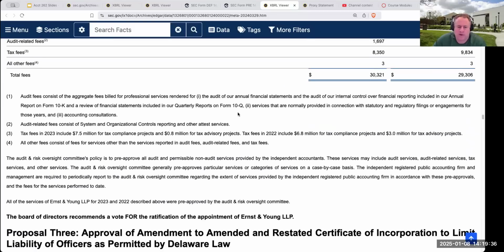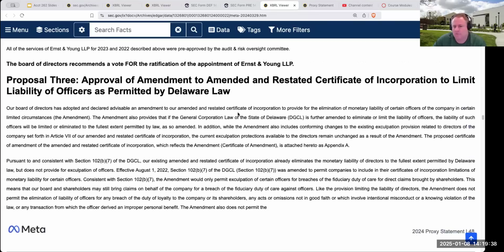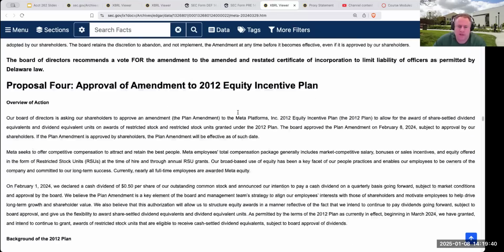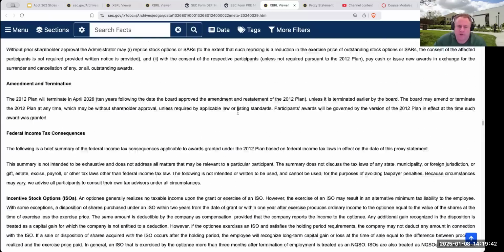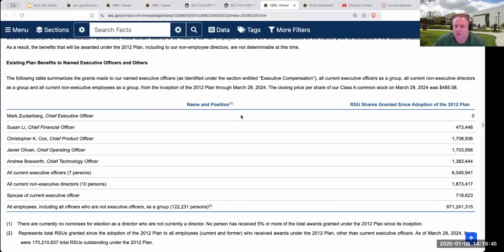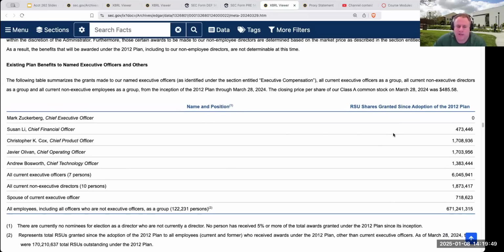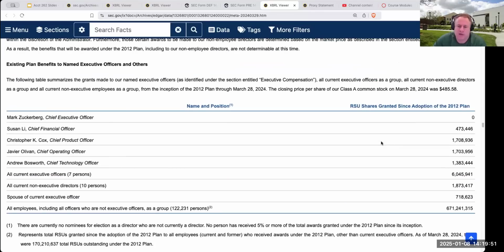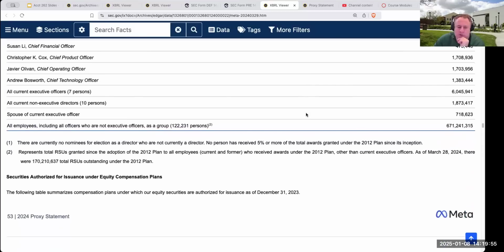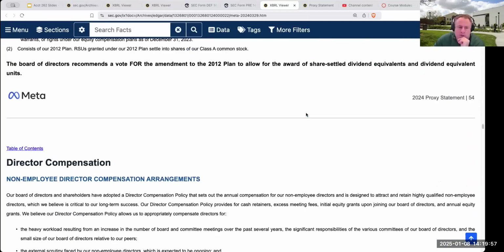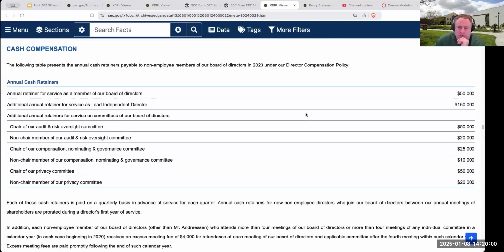Okay, so over here, this is basically a way of seeing pretty quickly. Okay, so here you go. Now in terms of the employees, this is going through and talking about how many shares are getting under the different plans, equity plans, cash compensation. So this is what you're getting.